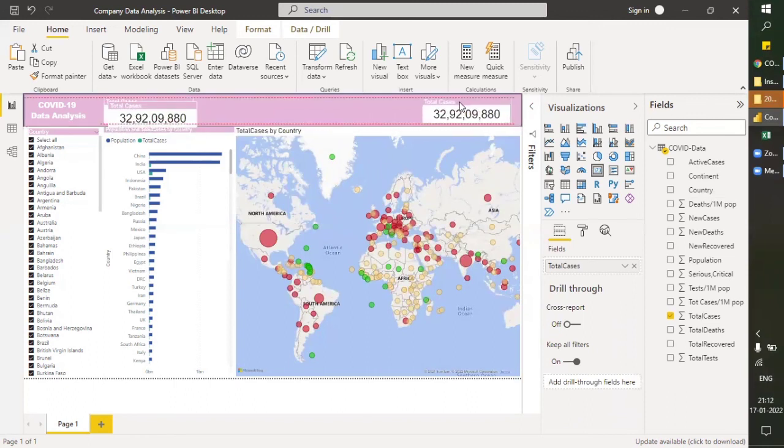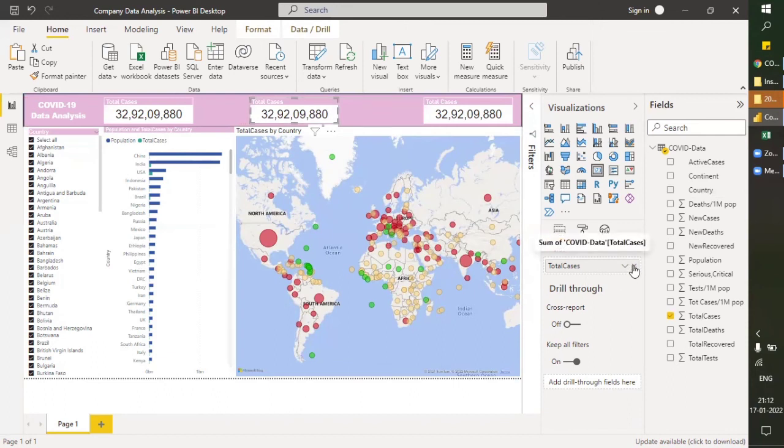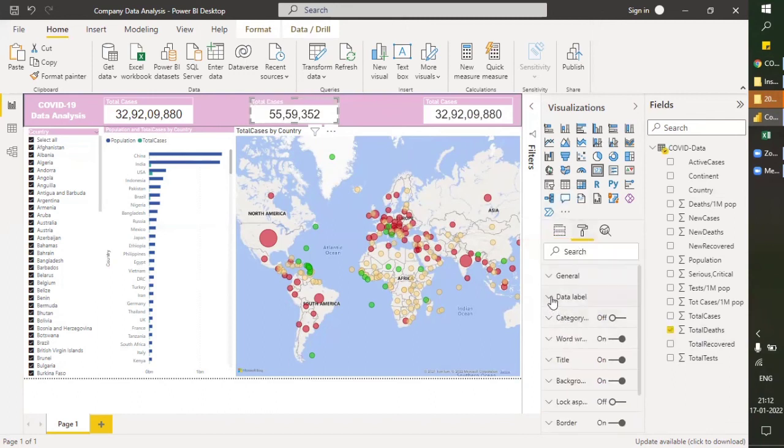One should be here. Let's add it. One should be here. You can add as many as you want. Let's remove this, and we will add total deaths here. And in data, title, total deaths.